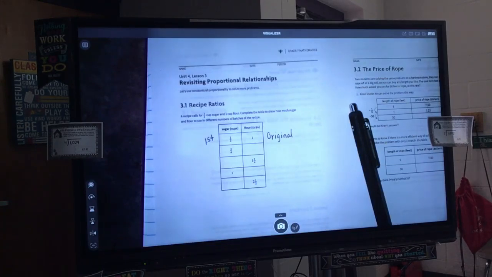Like 2 and 1/2. Right? Yeah, it's 7, 8. Because look, this is 2 and then this is 1, and so sugar is always gonna be a half. This is like 1 so a half of